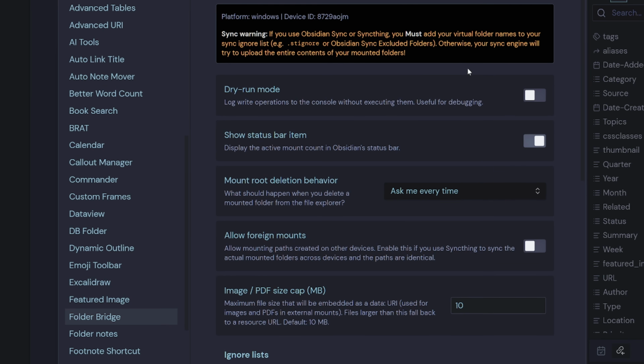Now, the first thing you'll see is a sync warning. So if you use Obsidian Sync or Syncthing, you must add the virtual folder name to your sync ignore list. For Syncthing, this is the .stignore file. Otherwise, your sync engine will try to upload the entire contents of your mounted folders. So you just need to do that on the fly so that it doesn't sync those up to your Syncthing